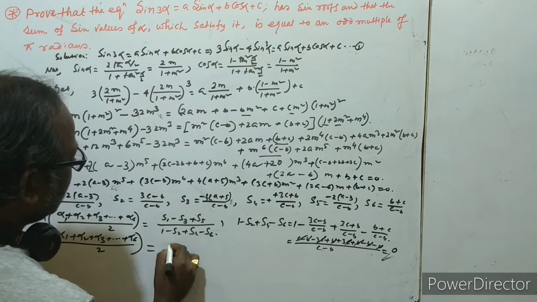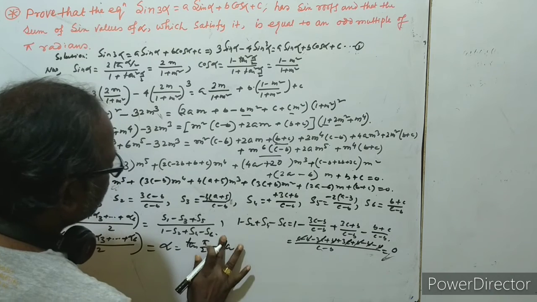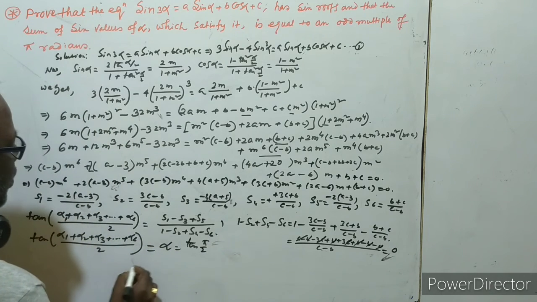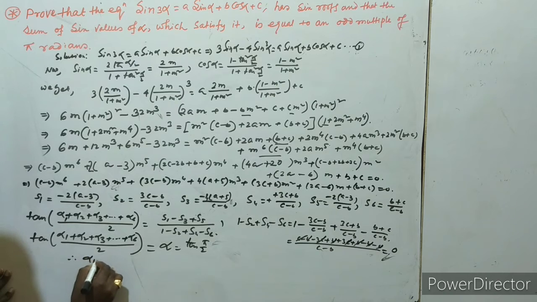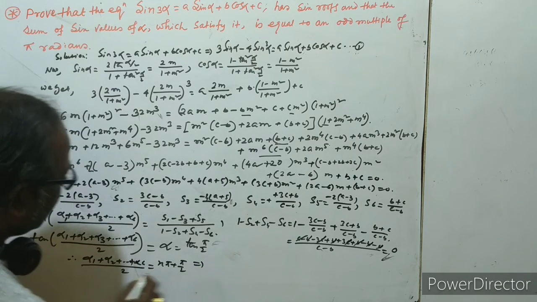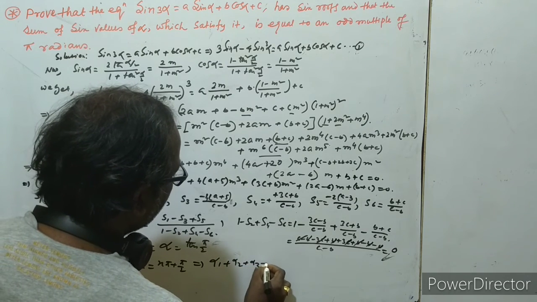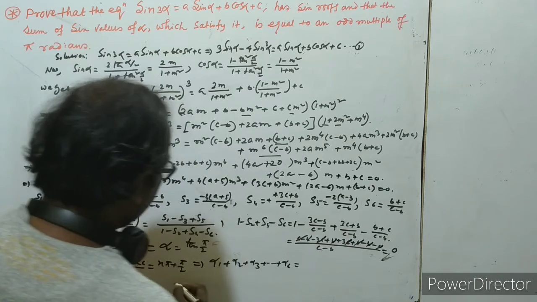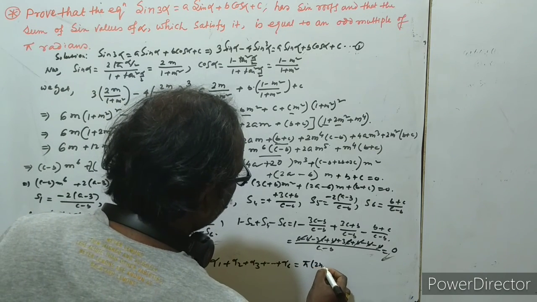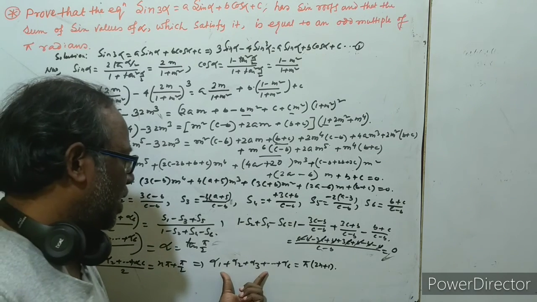Okay, that is equal to infinity, so that can be written as pi by 2, and that also, so this is tan alpha equal to tan beta. From the general solution we can write here alpha 1, alpha 2 up to alpha 6 by 2 is equal to n pi plus pi by 2. Okay, multiply by 2, then we get alpha 1, alpha 2, alpha 3 up to alpha 6 is equal to, take a common pi and a multiple of 2n plus 1 where n is an integer.